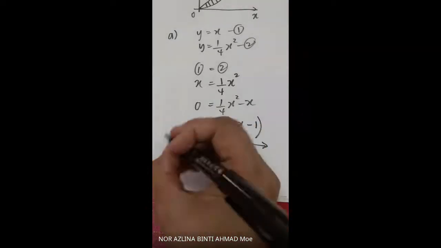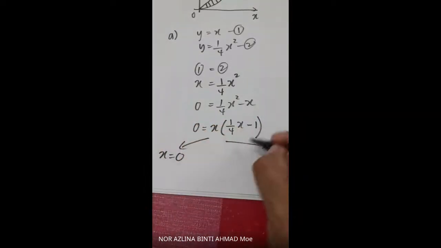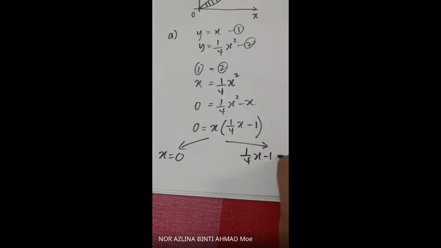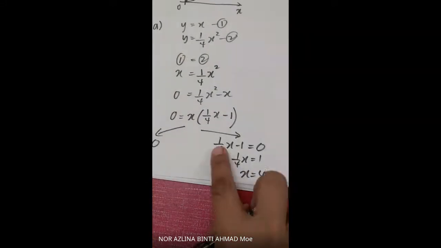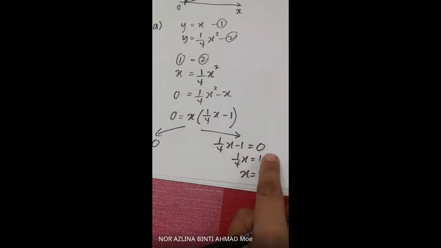So x equals 0. And one more, 1 over 4 x minus 1 equals 0. So 1 over 4 x equals 1. So x equals 4. Okay, some students